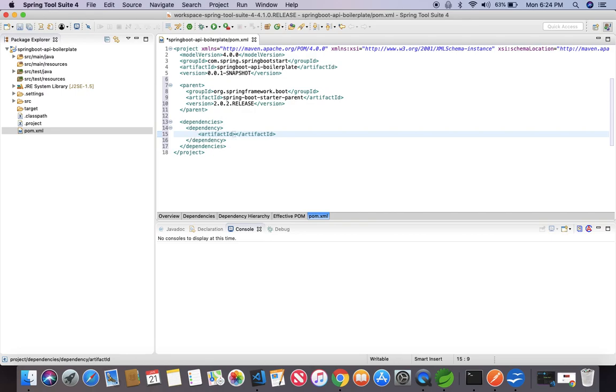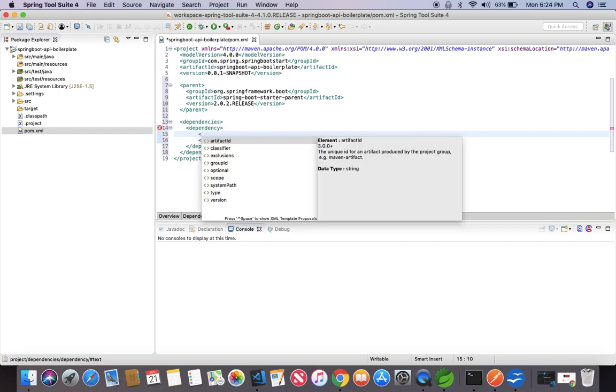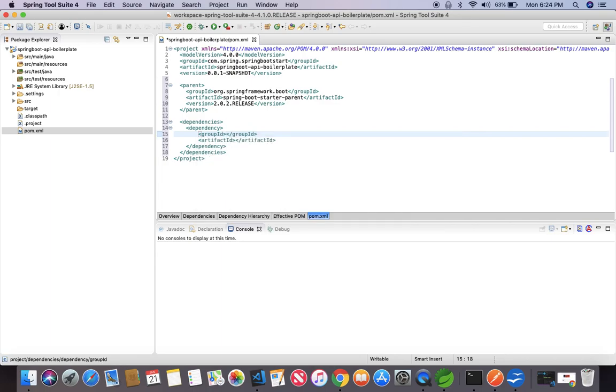So we are defining the dependency to download all the jars from some other already built project and download all the configurations. So the name is